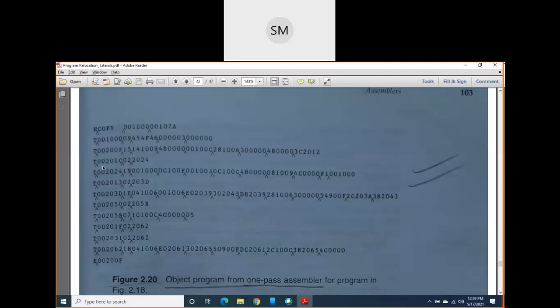Why? Because in line number 45, which is using 1 minute, which is using the address 2024. Okay, 2024. What is that 2024? It is the address of end file. So actually here in previous text record, when you have written 48 here, the remaining digits you mentioned it as 0000 here or dash, correct?